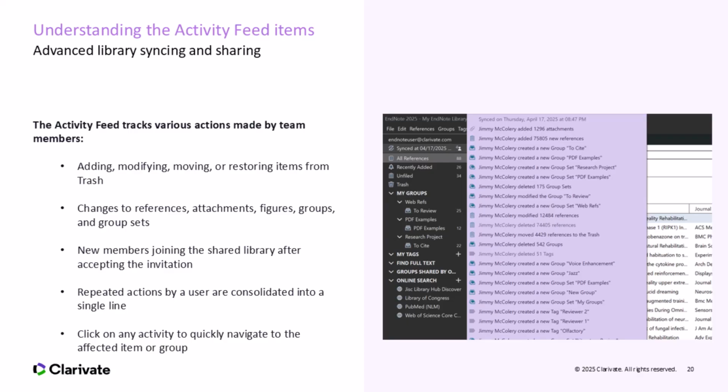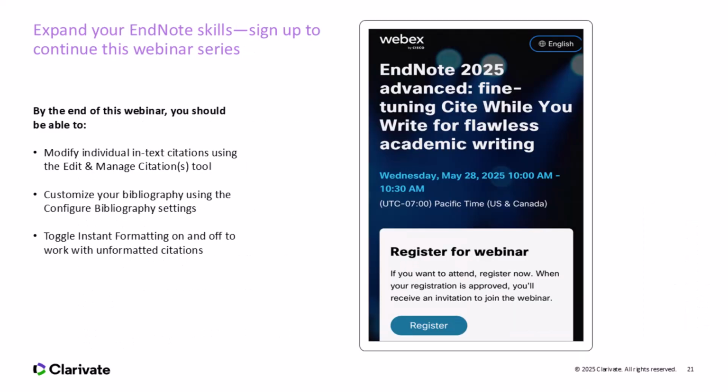You can click on any activity in the feed to quickly navigate to the affected item or group. This makes it easy to jump straight to the changes or additions that have been made, ensuring you stay on top of the collaboration. I hope you found today's session useful and feel more confident using EndNote's advanced features, but